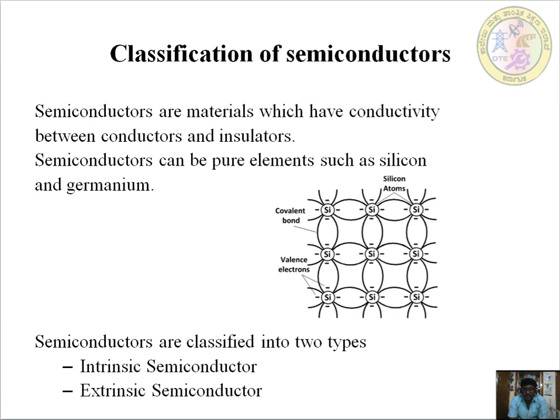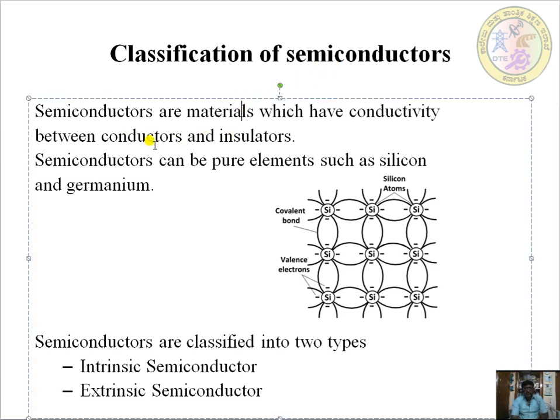Next, the classification of semiconductors. Before that, we will come across two terms, that is conductor as well as insulator. In between conductor and insulator the term semiconductor lies. First, what do you mean by conductor? Conductors are the elements that can pass current easily. The material which passes the current easily is known as a conductor. We can also say that the atom can easily lose an electron from its outermost shell. Normally conductors have a low resistance.